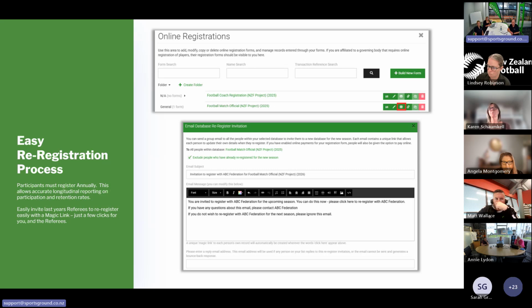And once the migration process is completed, there's a data validation step. Once the data is confirmed as being all good to go, then effectively Sporty will become the single source of truth going forward, which I believe at this stage is anticipated to complete the data validation and have it go live as I think the 17th of December. Correct. So from that point onwards, you would be using Sporty for anything going forward. Obviously the official New Zealand football season doesn't start until the 1st of January.